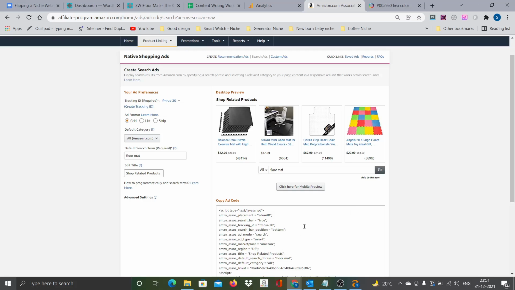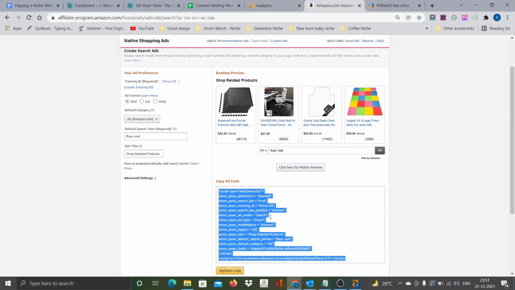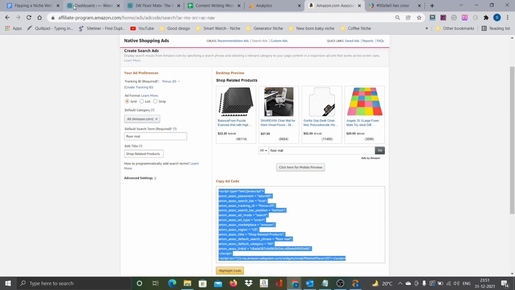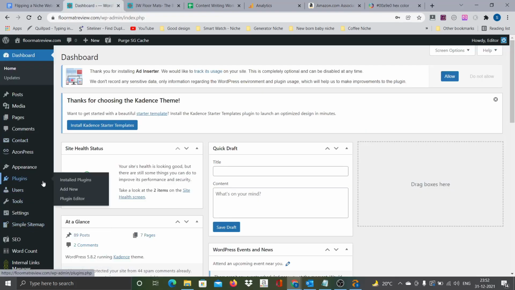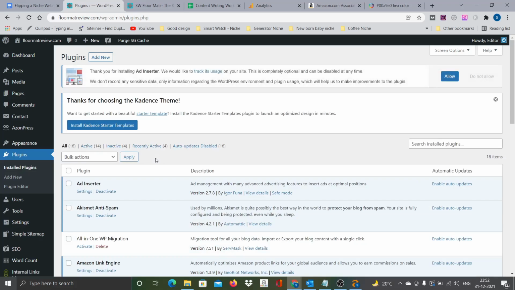All I need to do is copy this particular code, highlight the code and copy it, and then go to the site, where we installed a plugin called Ad Inserter. If you remember, on the very second day, I believe, as soon as the site got migrated, while installing the theme, I also picked up three or four plugins, and one of those plugins was Ad Inserter.